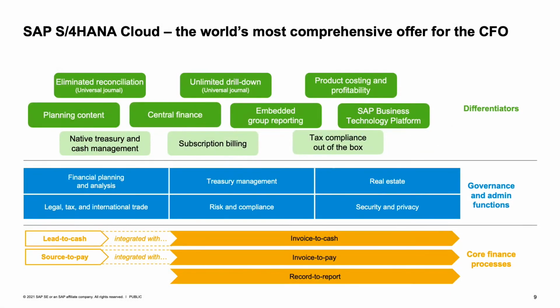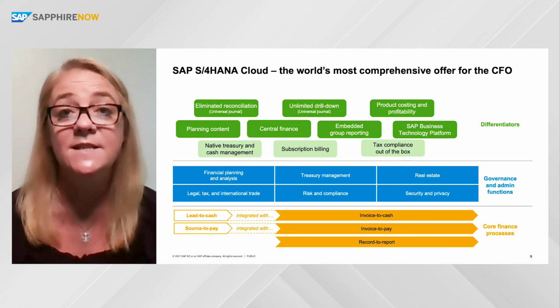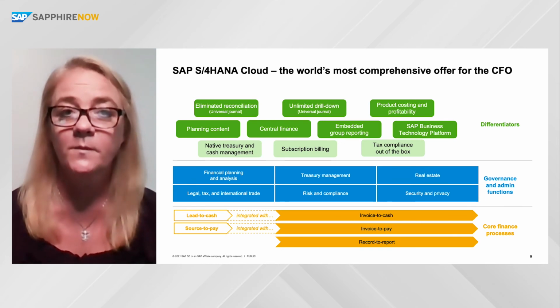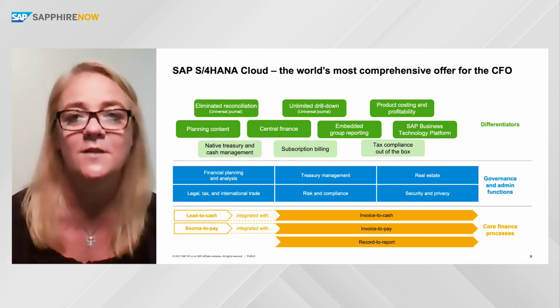What makes our offering so unique? SAP S/4HANA shows leadership across our core finance processes, invoice to cash, invoice to pay, and record to report, as well as our governance and admin functions. Let me highlight some of the key value points for your finance and accounting teams. First, the Universal Journal delivers a simplified architecture to eliminate subledger to ledger reconciliation. And there's unlimited drill down capability since aggregates have been eliminated. That means that you can drill down from a consolidated balance sheet all the way down to the document level